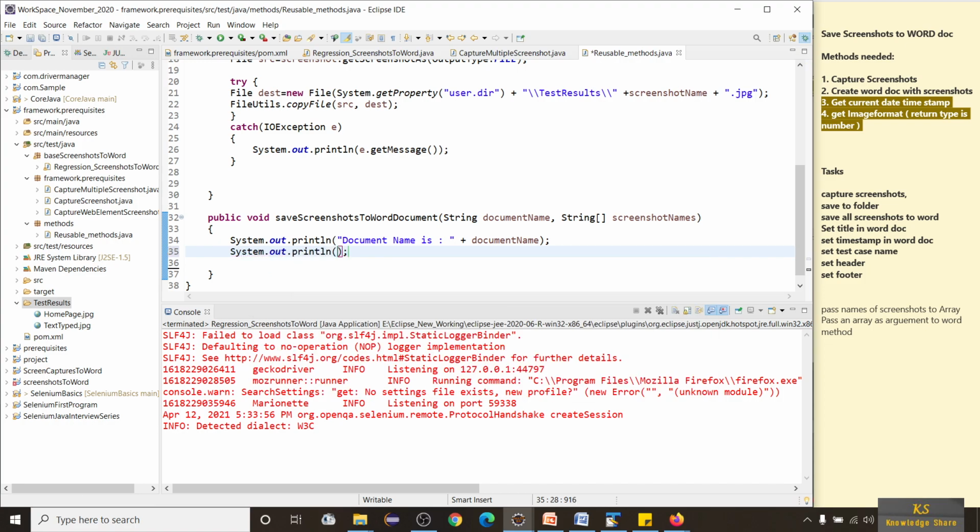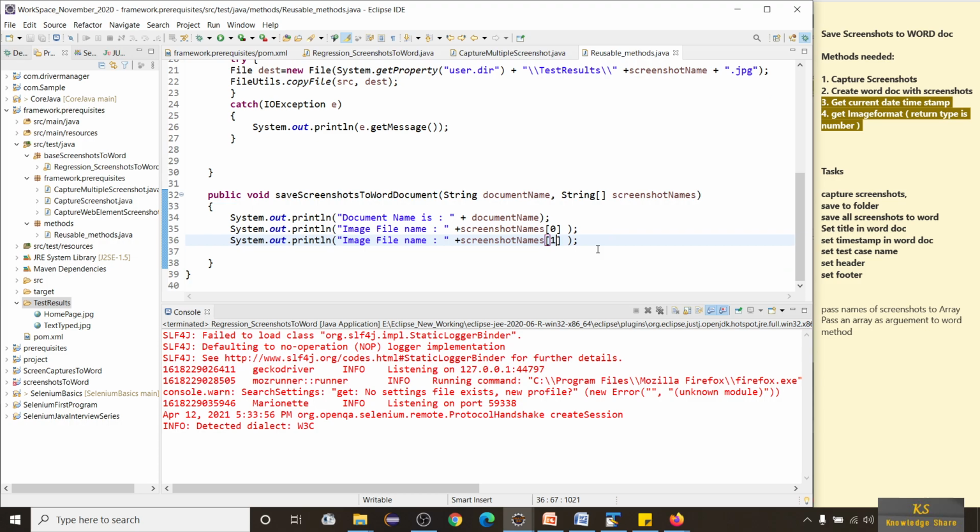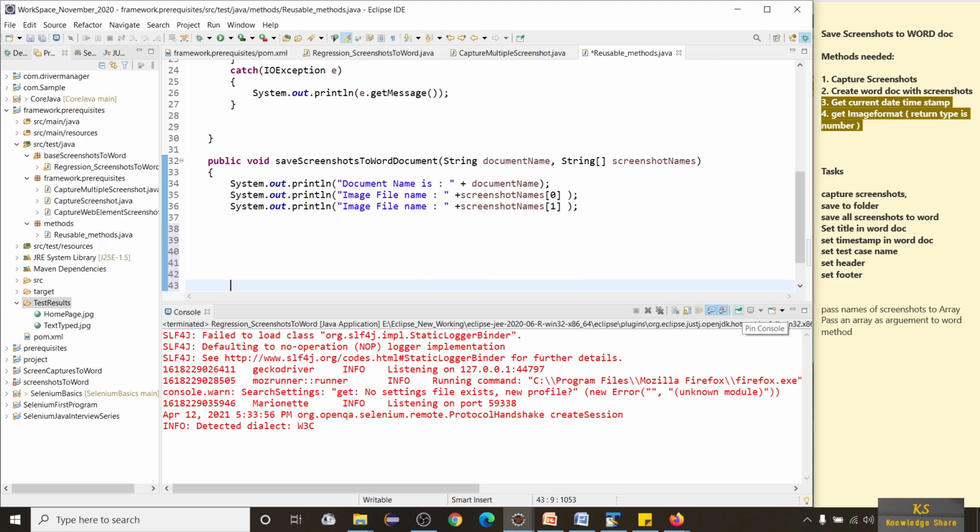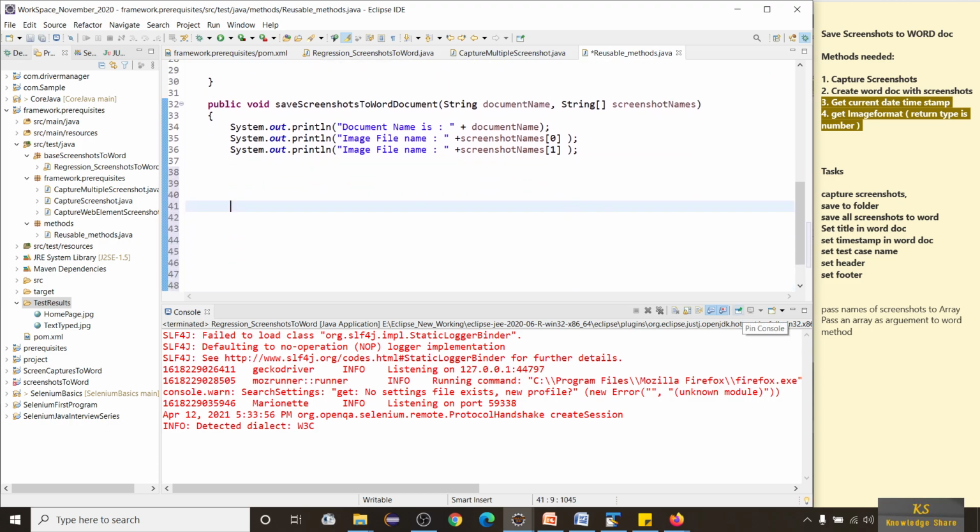System.out.println image file name, and I'll call it screenshot name of 0. As I have two screenshots, I'm just printing it for your reference so that you can see them. Done. Now we are going to write the actual part of the code.